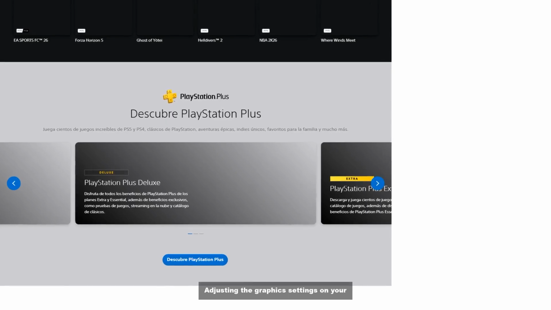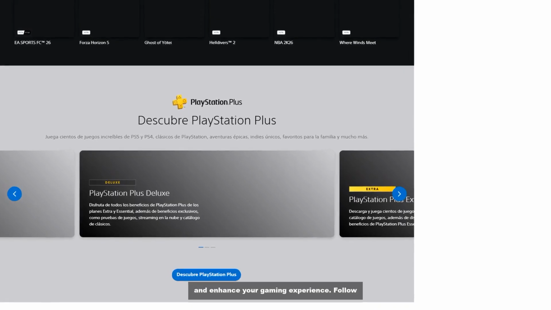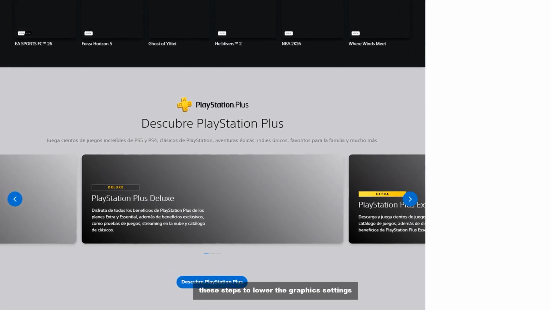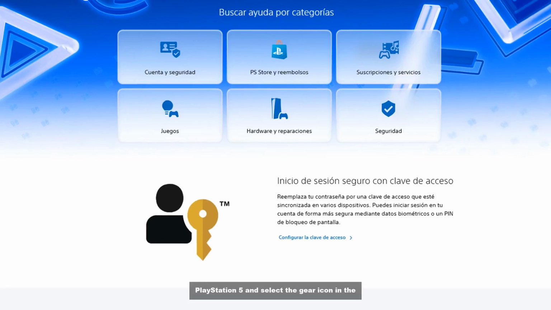Adjusting the graphics settings on your PlayStation 5 can help improve performance and enhance your gaming experience. Follow these steps to lower the graphics settings effectively. Step 1. Access settings. Navigate to the home screen of your PlayStation 5 and select the gear icon in the